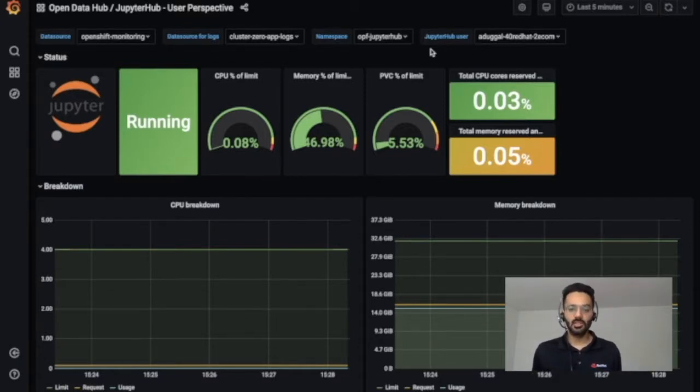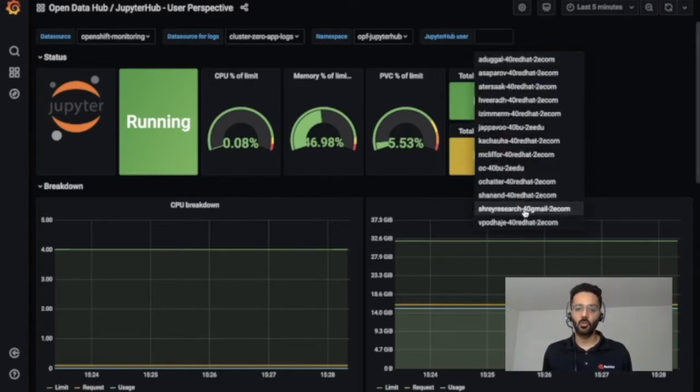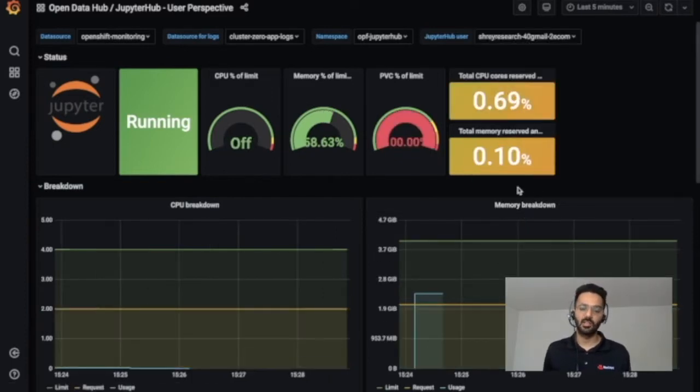The dashboard shows real-time usage of the cluster. You can select your username and it will show your memory, CPU, and disk percentage usage. So we see that the persistent volume claim, which is like your personal drive in the cloud, is nearly full. This happens when the Jupyter Hub instance tries to use more disk than is available to it as default. For simple workloads, the default quotas are enough, but as the complexity increases, you have to reconfigure your instance.